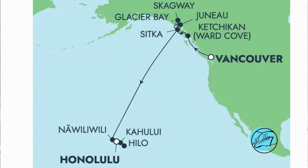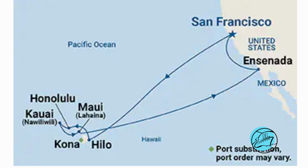Another way the Passenger Vessel Services Act impacts itineraries is on sailings from the West Coast to Hawaii. There are two options. Either a one-way tour from Vancouver to Honolulu, with the second option being a round trip, so a closed loop, out of a U.S. West Coast port with a stop in Ensenada, Mexico. This is to meet that nearby foreign port requirement, either Canada or Mexico. There is one ship that can sail without these restrictions, but before we get to that and more,